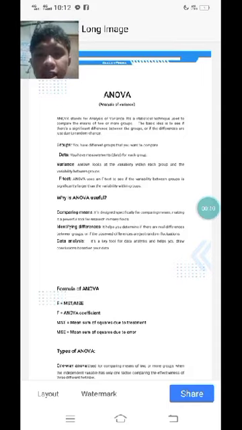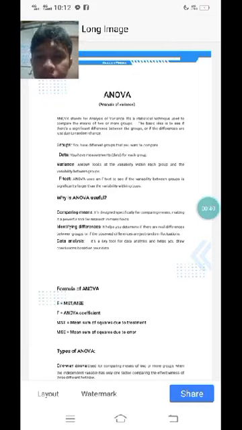I will be presenting to you ANOVA. ANOVA stands for Analysis of Variance. It's a statistical technique used to compare the means of two or more groups. The basic idea is to see if there's a significant difference between the groups or if the differences are just due to random chance. My example, sir, is you conduct a customer satisfaction survey and collect data on